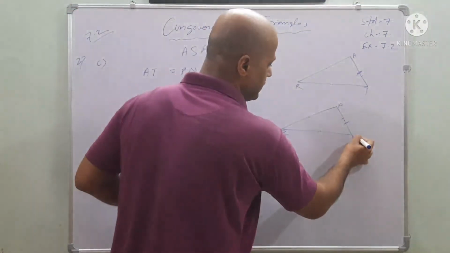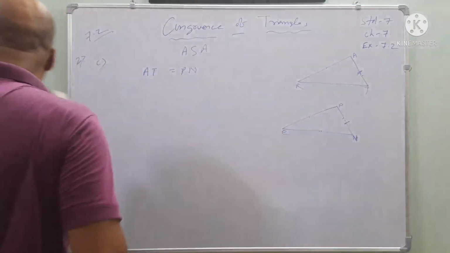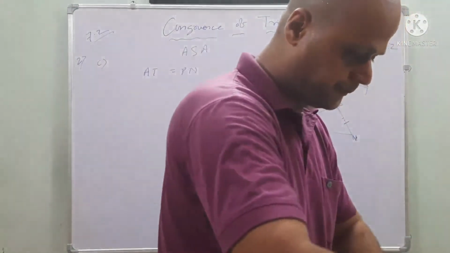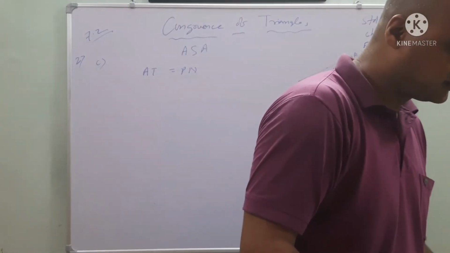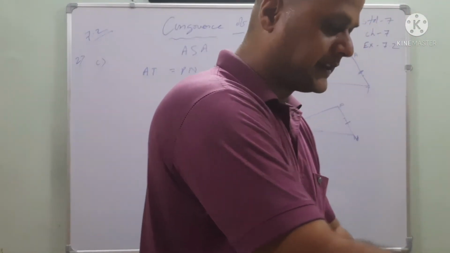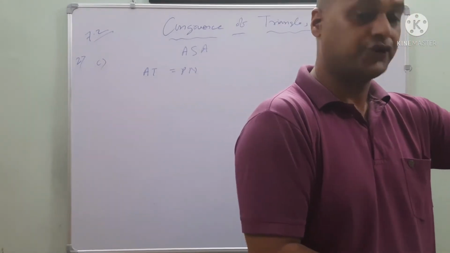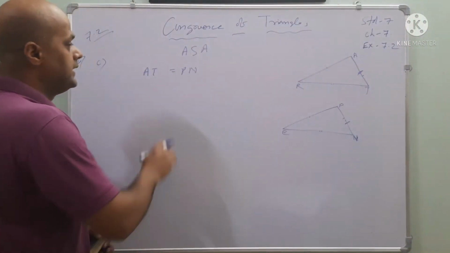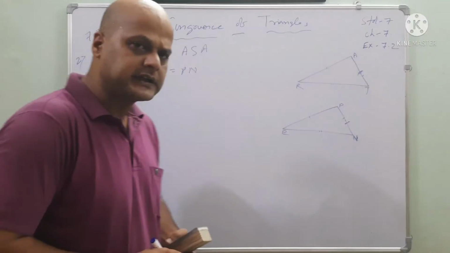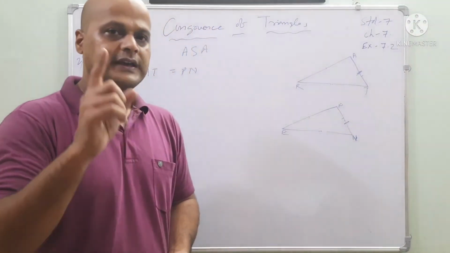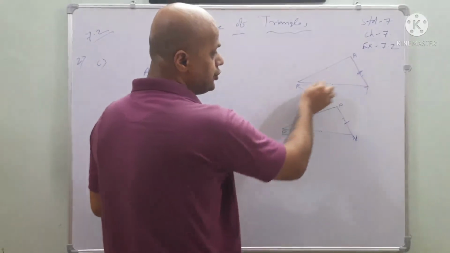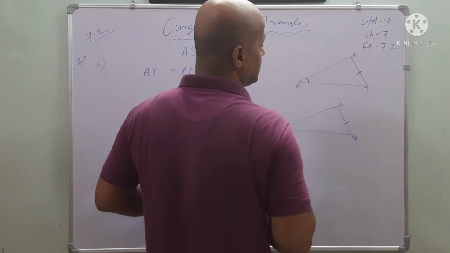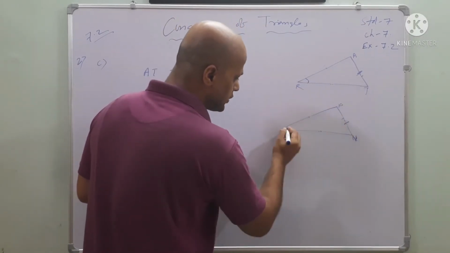Okay. Now you just tell me. First one, C. Sorry, my dear friends. It's saying that any hints is given? No more is given. Okay. Excuse me, my dear friends, because I have to turn the page. It's saying that AT is equal to PN. We know that in the triangle rule, if a side is given, then the side to the opposite angle is also equal. This one is equal to this. Same thing, this one is equal to this.